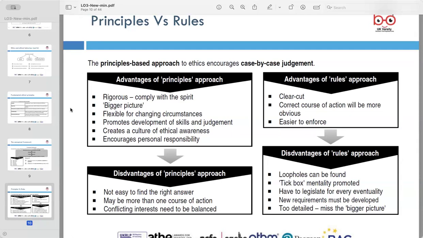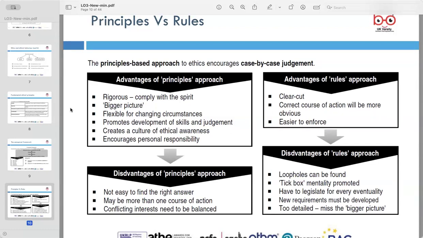On the other hand, the rules-based approach offers clarity and simplicity by providing clear-cut guidelines for ethical behavior. The correct course of action may be more appropriate, making enforcement easier. But this approach also has its disadvantages. It may not always yield a clear-cut answer, as there may be more than one course of action or conflicting interests to balance. Additionally, it may promote a tick-box mentality